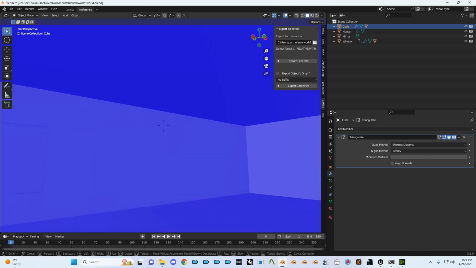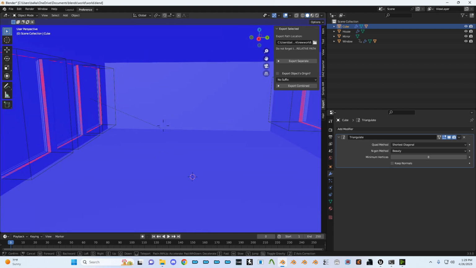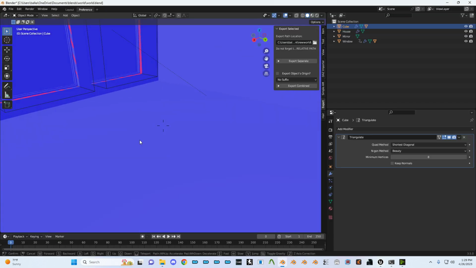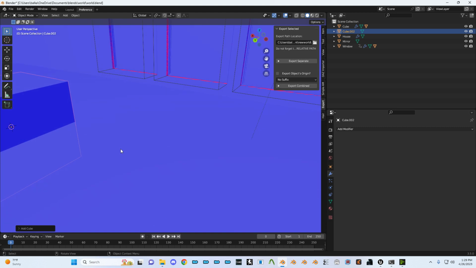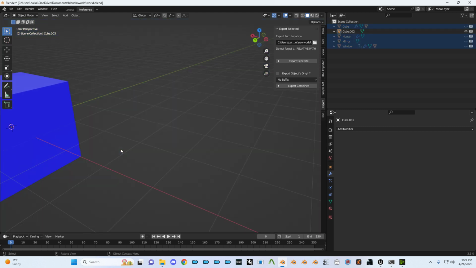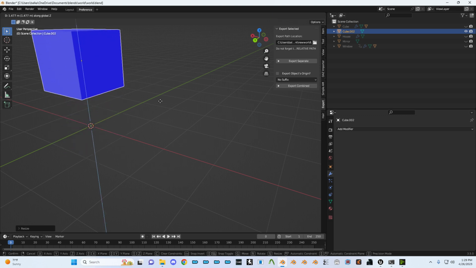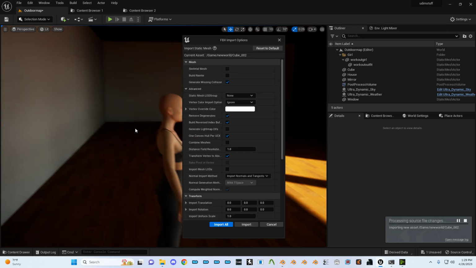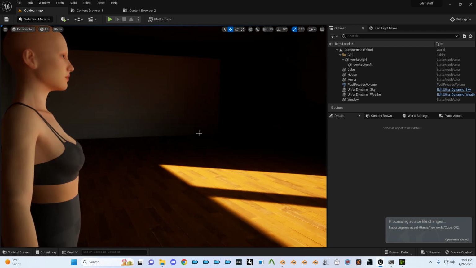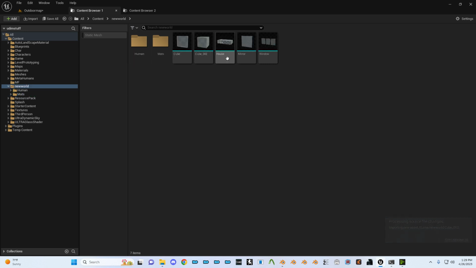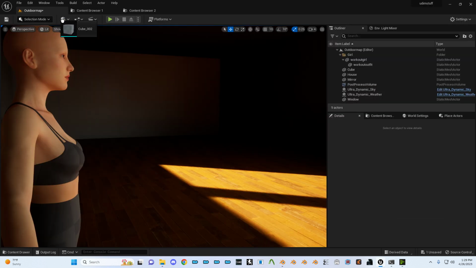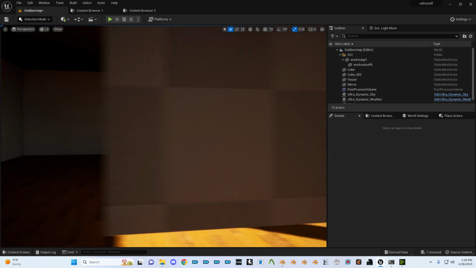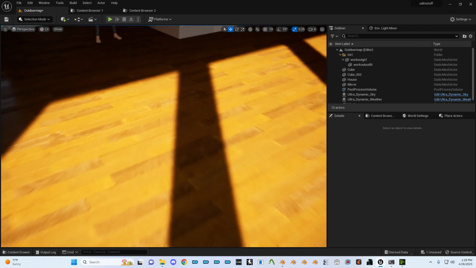But there you go. It's that easy. And when you set up materials with triplanar like that, you don't have to worry about UV mapping. So say if I made a cube, let me just make a cube, hide everything else, scale it down, drag it up, whatever, and export this to the game engine, and I'll bring it in to show you what that looks like. So whenever you're importing stuff to Unreal, and you want a visualization of this because you're not sold on the whole triplanar thing, here's what I mean by it